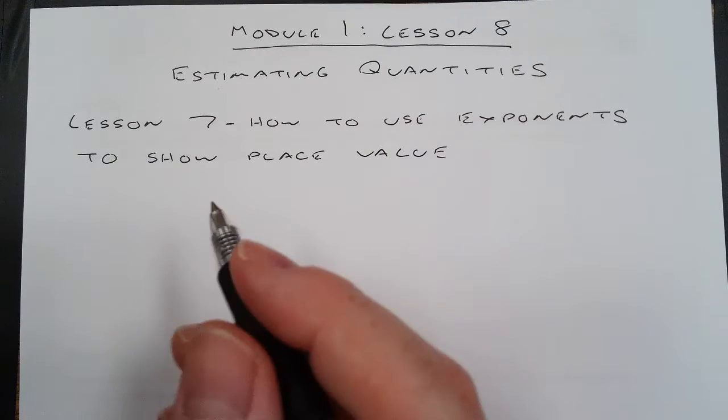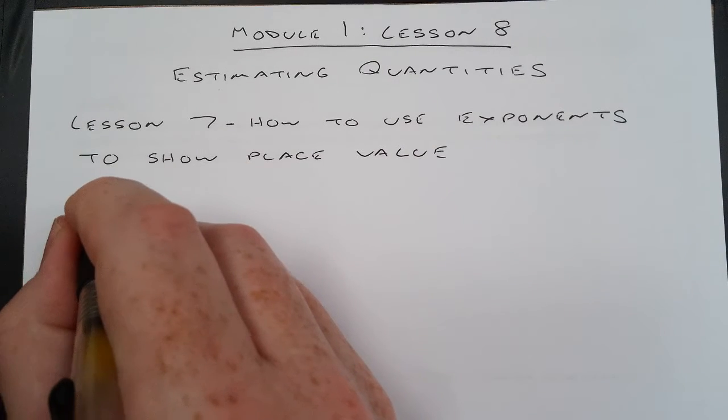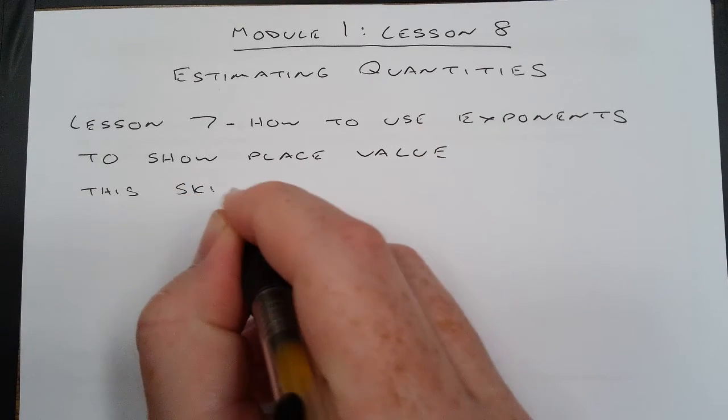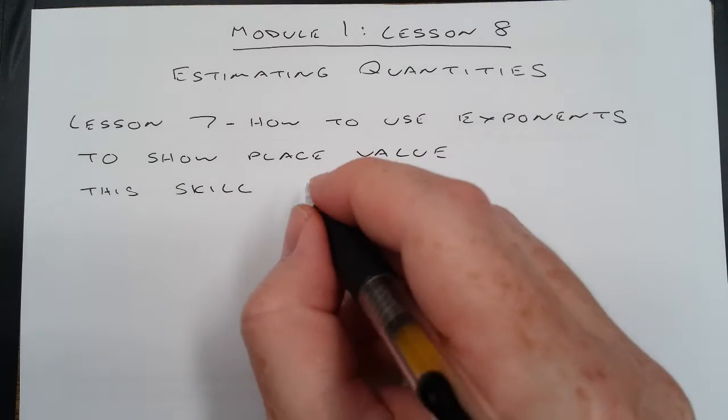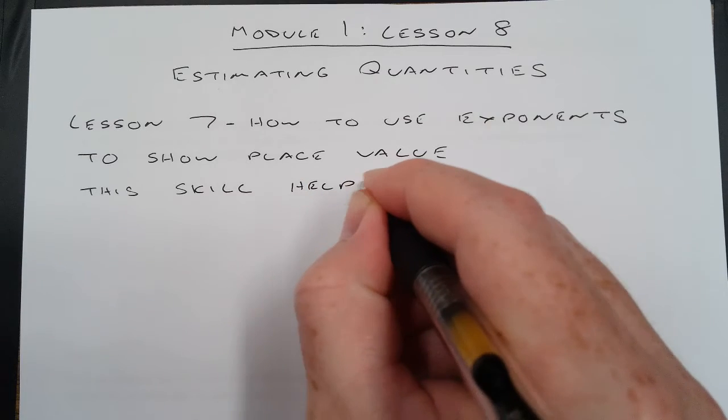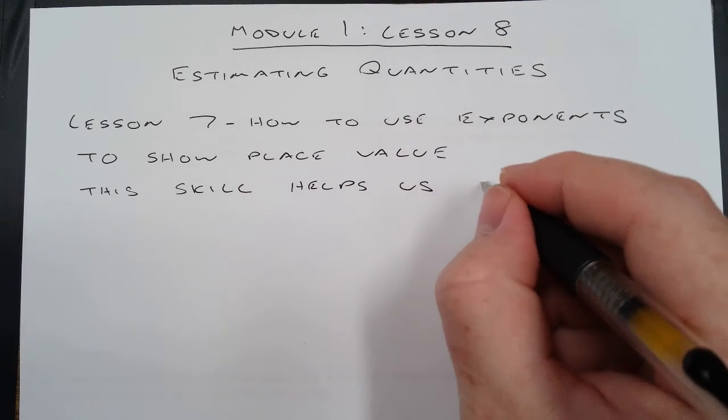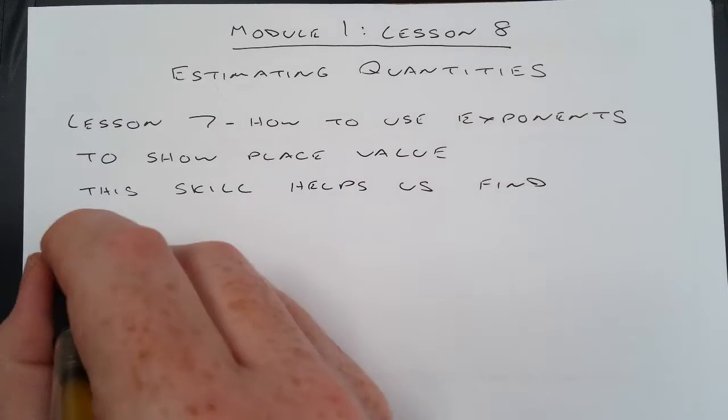Using exponents for place value helps us estimate, helps us do math. This skill of using exponents for place value helps us find approximate solutions